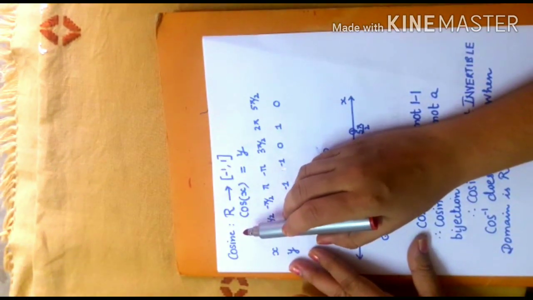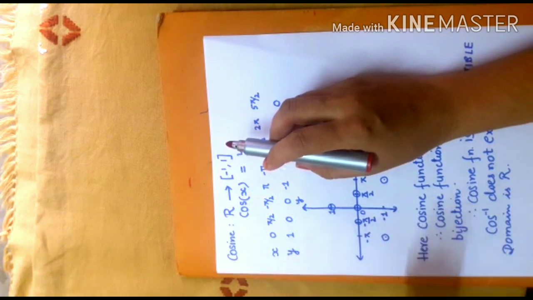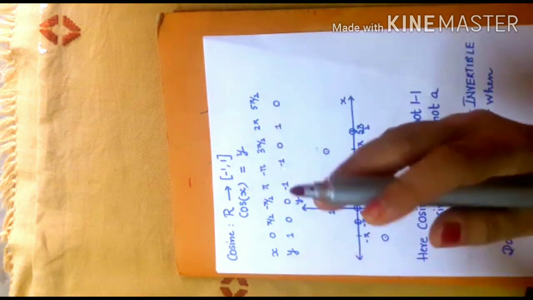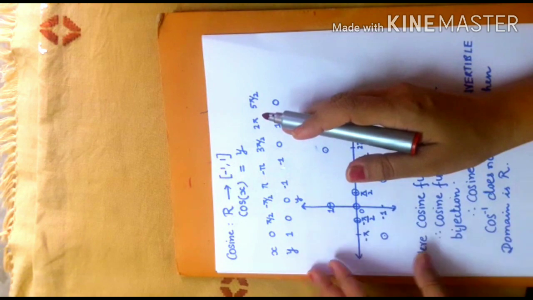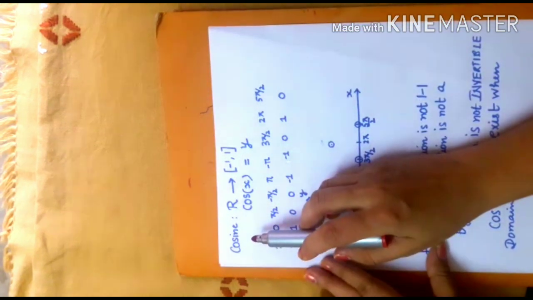We had discussed that the sine function on its actual domain R is not one-to-one, therefore not invertible. So we restricted the domain of the function to the closed interval minus pi by 2 to pi by 2, and we found its inverse. Now in a similar manner,